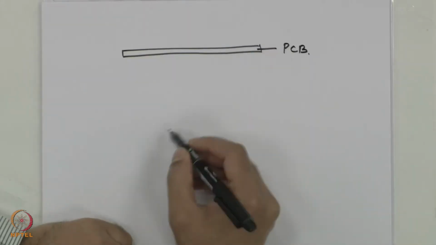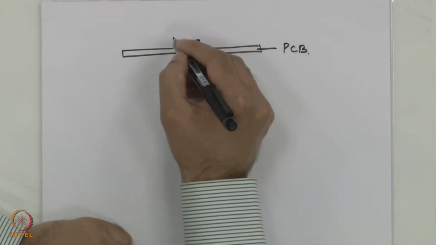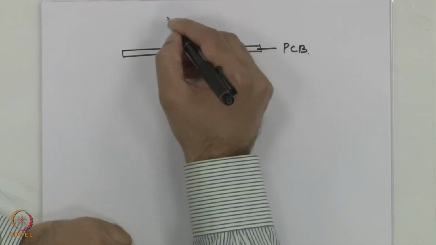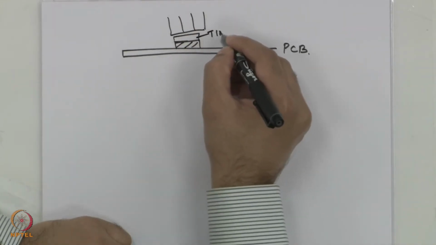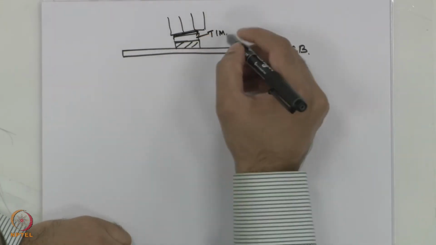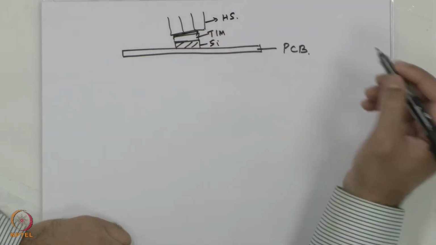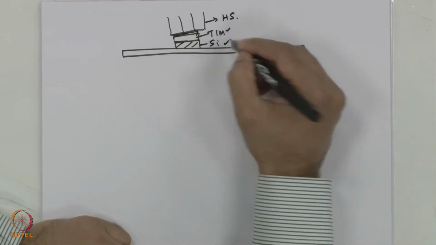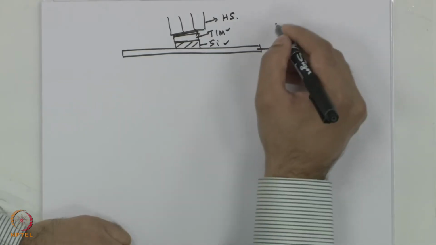The question that we are talking about, or this problem, is that we have a printed circuit board and there is a heat source or a chip, whatever you want to call it, and then it is mounted with some heat sink. This is the TIM interface, and this is the silicon device, and this is your heat sink. All the necessary information for TIM, silicon, everything is provided, but the goal of this problem is, as air flows